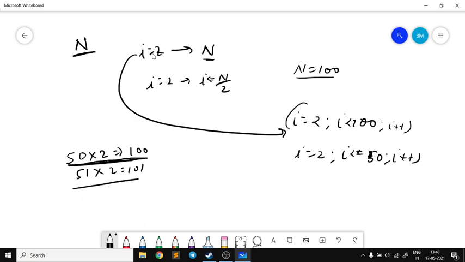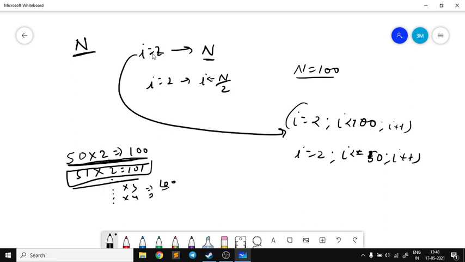So there is no point of checking the remaining numbers, because moving further, 3 into, 4 into will obviously be greater than 100. So there is no point of checking numbers greater than 50. This was another efficient approach.